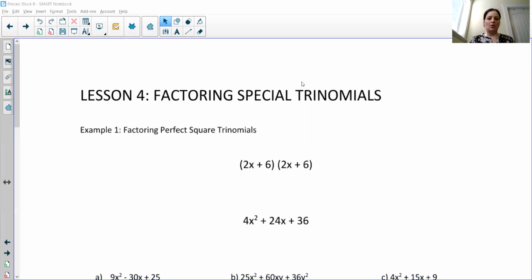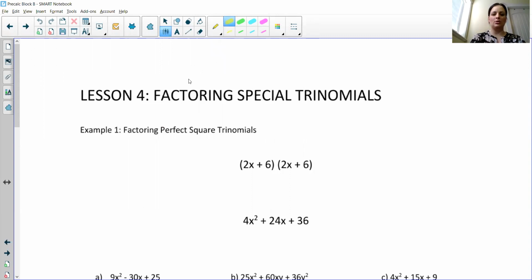Today we're going to carry on with Unit 3, Lesson 4, Factoring Special Trinomials. This is a very important thing for when we go into solving quadratics, especially for something called completing the square. So this is in your note package if you're following along and still doing that. And here we go. So the first thing to notice is, what do you notice